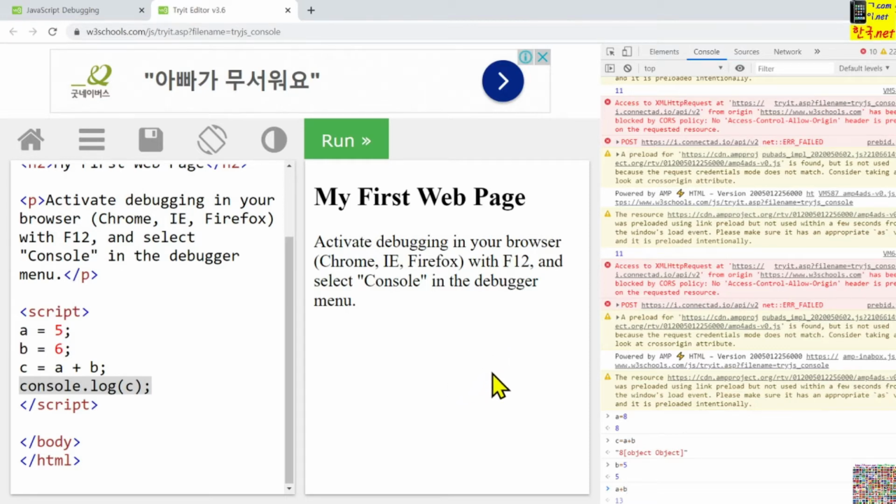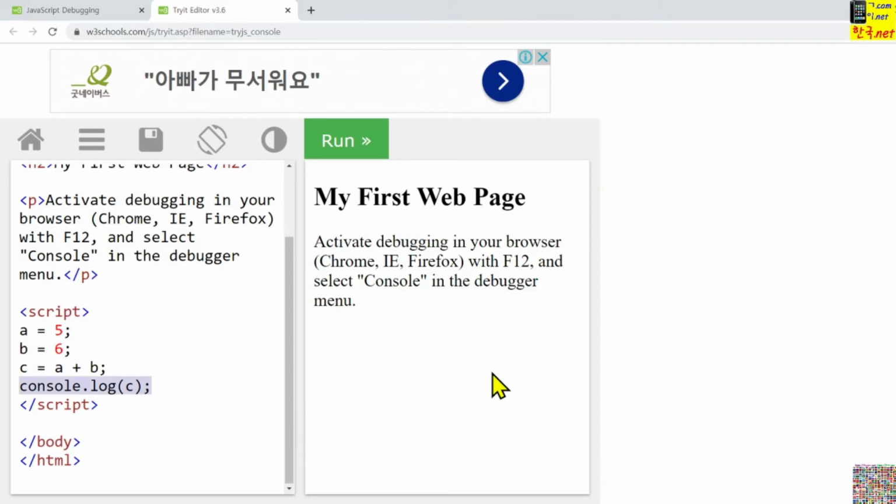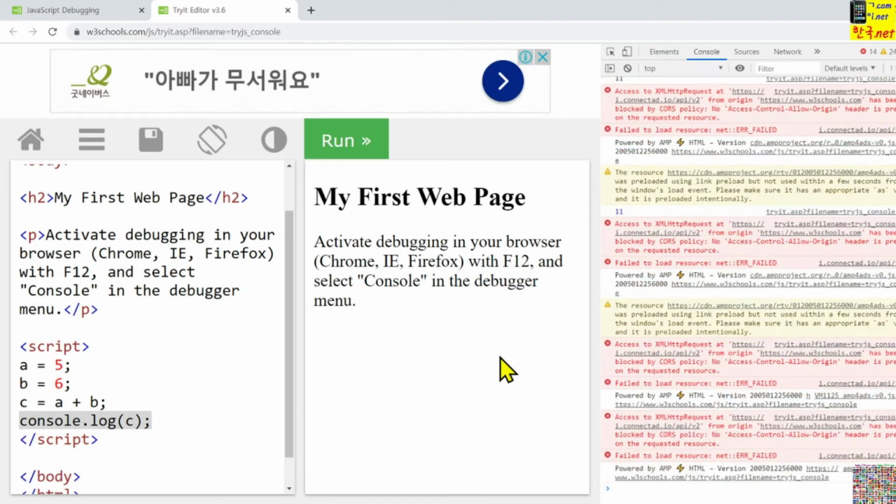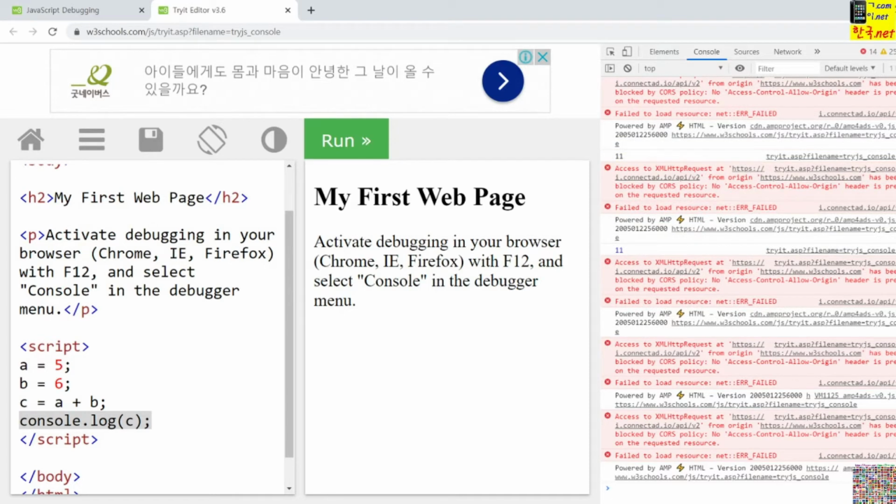To come to this debugging window, we can use Control Shift and I, three buttons together. Then we can come here like this. Or if you are using the Chrome browser, on the right side you can see a menu, and when you are clicking this one, then you can see